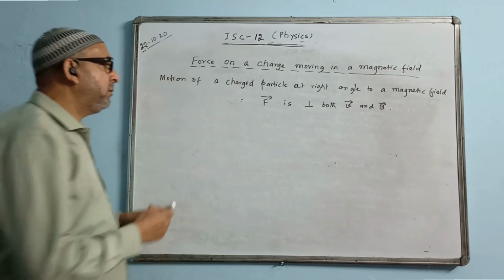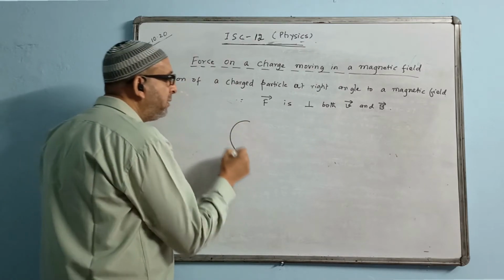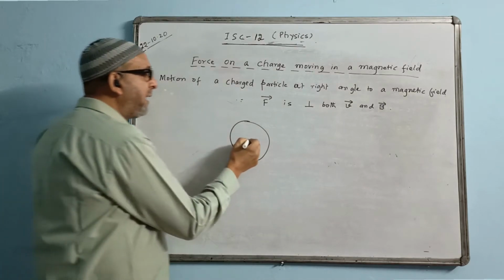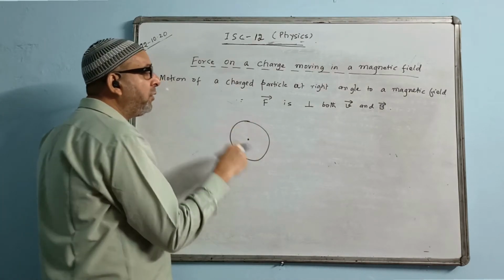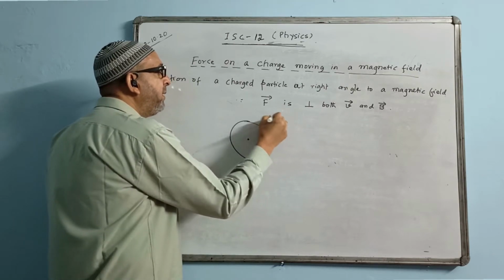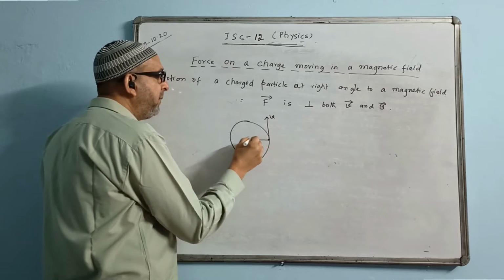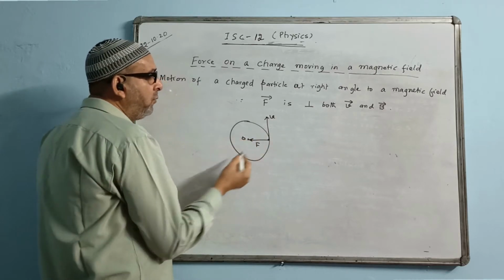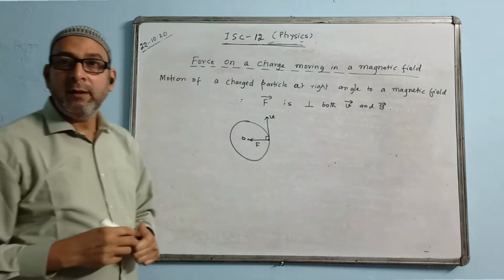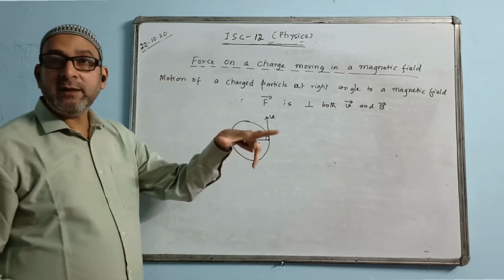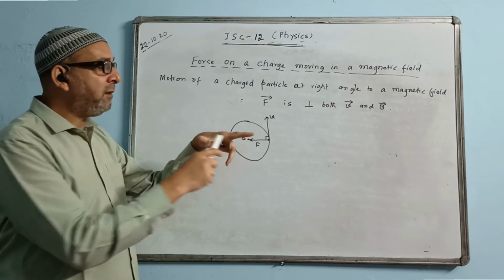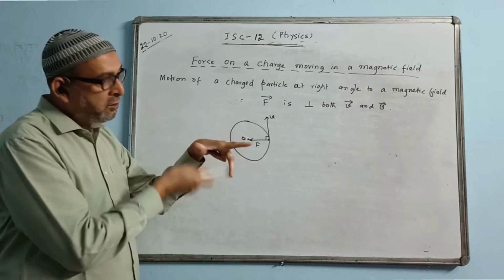I think in class 11 you have learned about the centripetal force. What is called centripetal force? The force acting that is needed to keep the body in a circular path. The body's velocity will be given by the tangent, whereas the centripetal force will act towards the center. What is the angle between F and V? 90 degree. And if you stretch your three fingers like this, that force is perpendicular to the magnetic field and also perpendicular to the direction of velocity.